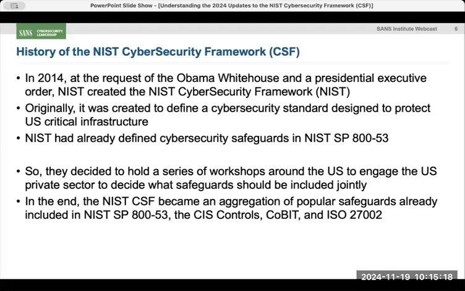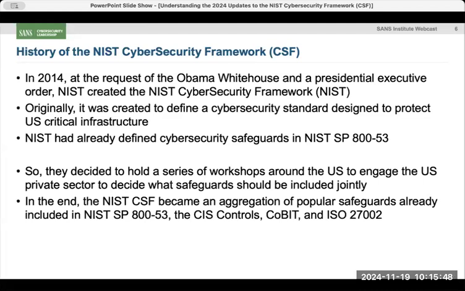And in fact, if you look at especially that first version of the CSF, near the table in the standard that shows the actual safeguards that they expect you to follow, they actually go through and indicate this is where we pulled it from. And it's interesting, Tony Sager, who worked with me over at Center for Internet Security, who helped found that project, always made the comment, he said, most of these standards are simply copied and pasted from other existing standards. And basically, when NIST created the CSF, that's exactly what they did.